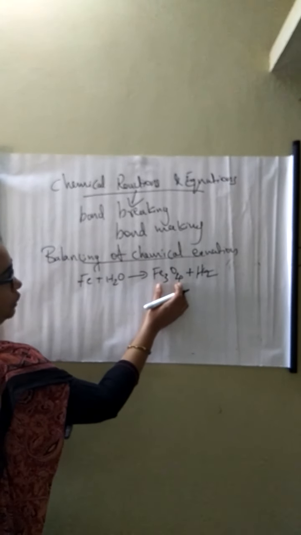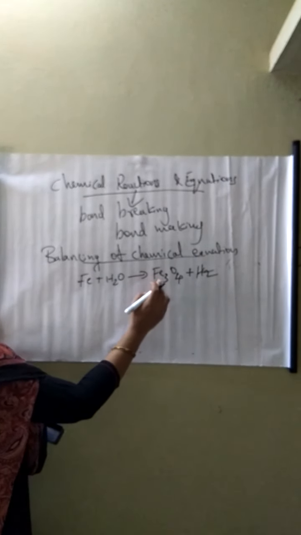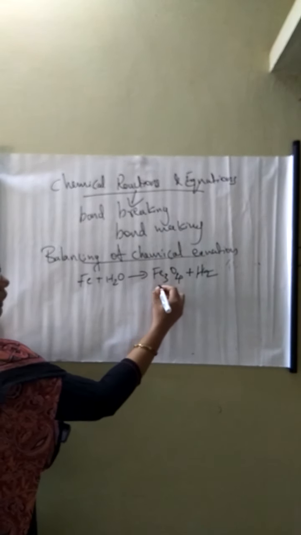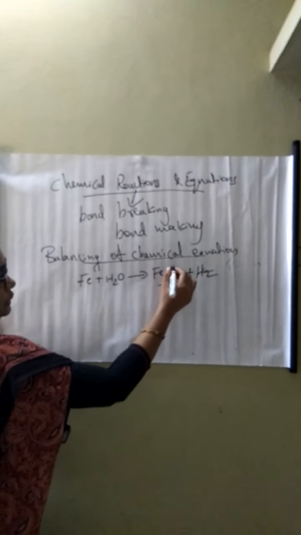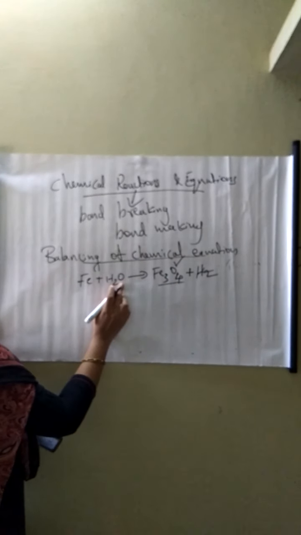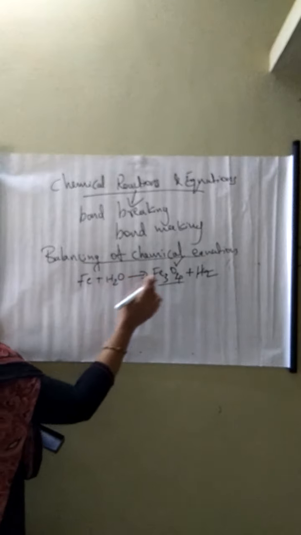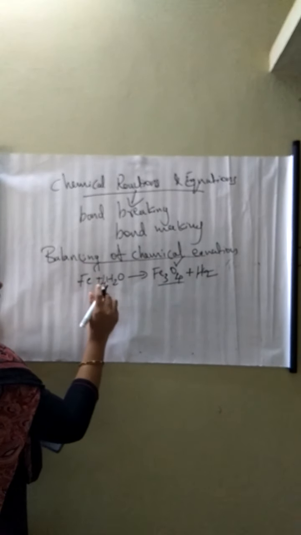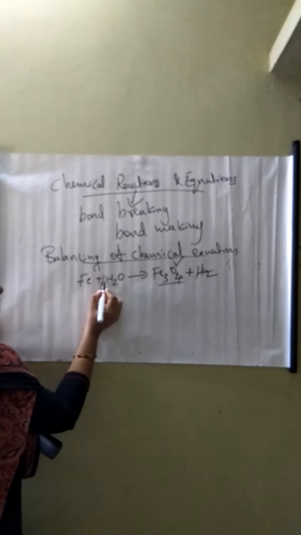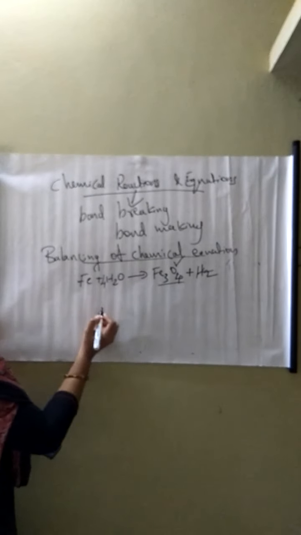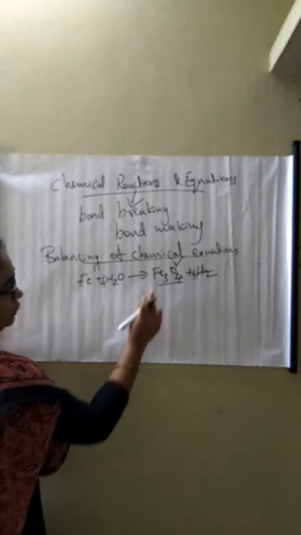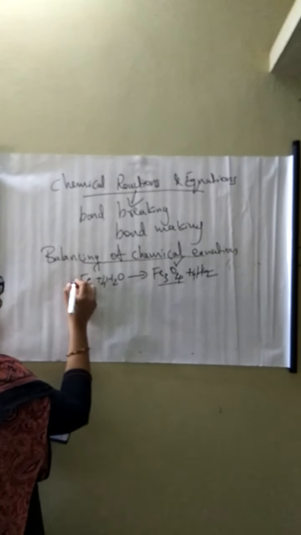oxygen, this is the compound having the maximum number of atoms. Fe3O4, 4 oxygen atoms are there. So we can start from this compound. From here you can see oxygen is the atom having more number, that is 4. Left side only 1 oxygen. So what we can do, we can make 4 here, then the number of oxygen is correct. Then you can see hydrogen, 4 into 2, 8 atoms are there. Here only 2, so make 4 into 2, 8. How many iron atoms? 3 iron atoms on right side, so 3 here.